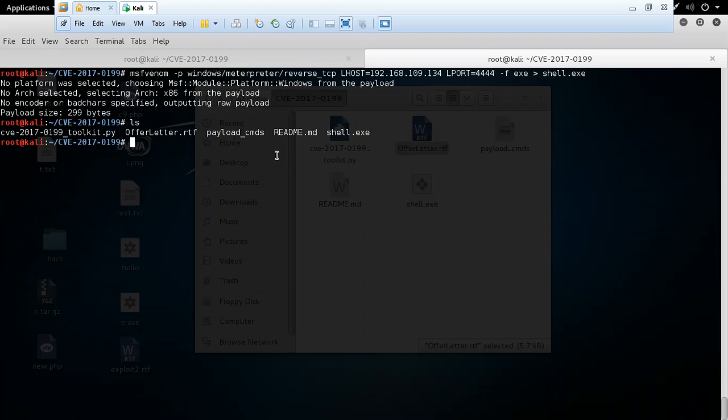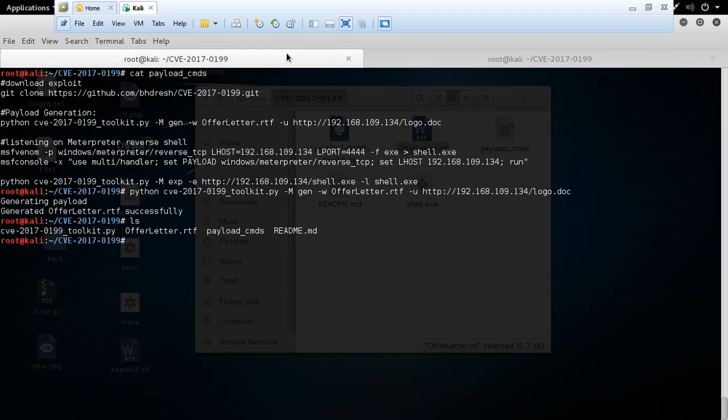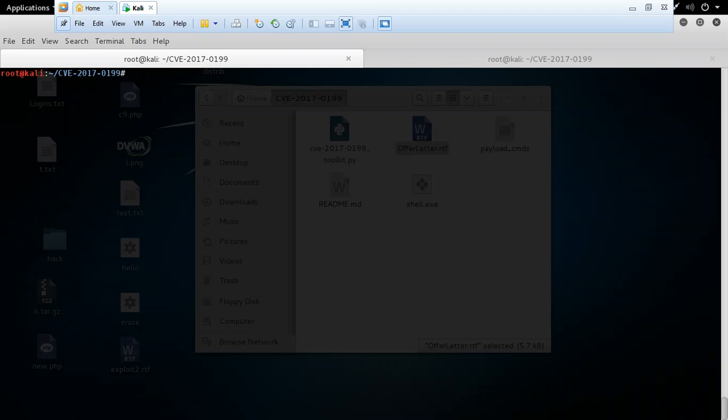Now I'm running this multi-handler. Let me run this msfconsole multi-handler. It is setting the payload automatically, with the command line I've entered. Okay, so this is for the Meterpreter shell. Now we also have to start